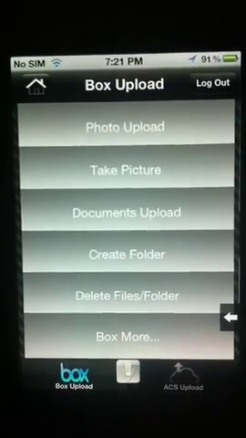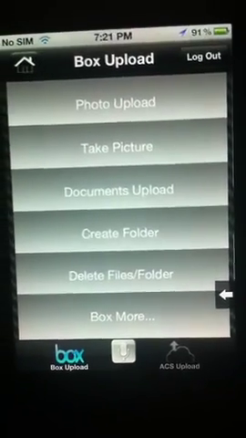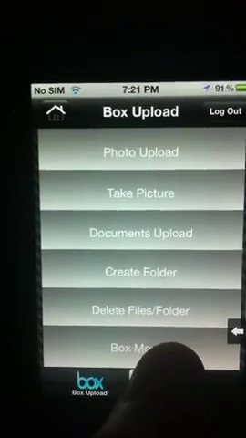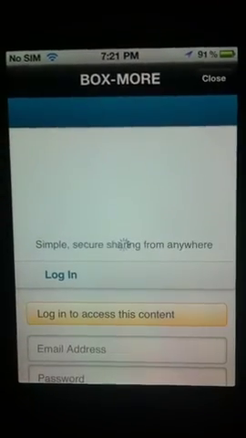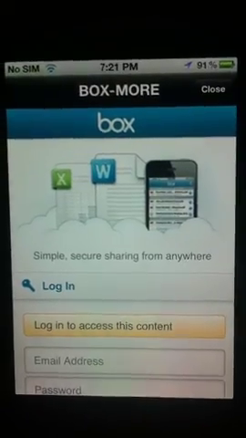I can share it with my friends. I can view it over the web or even anywhere. It's on cloud now. So what is this Box More? Box More is a Box web page that has been specifically designed for the mobile applications.